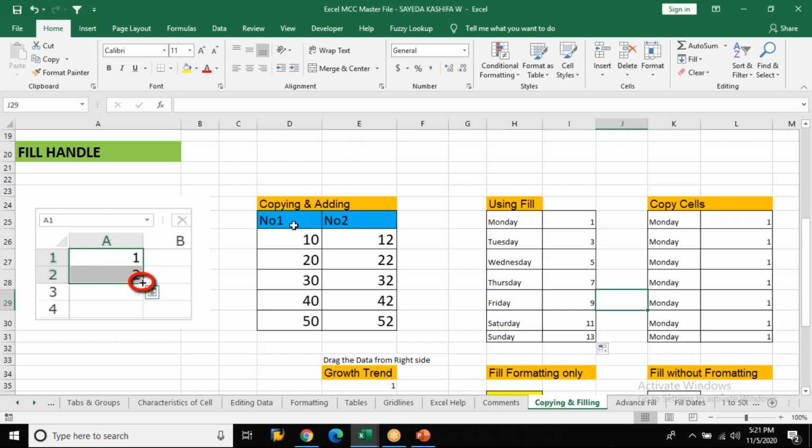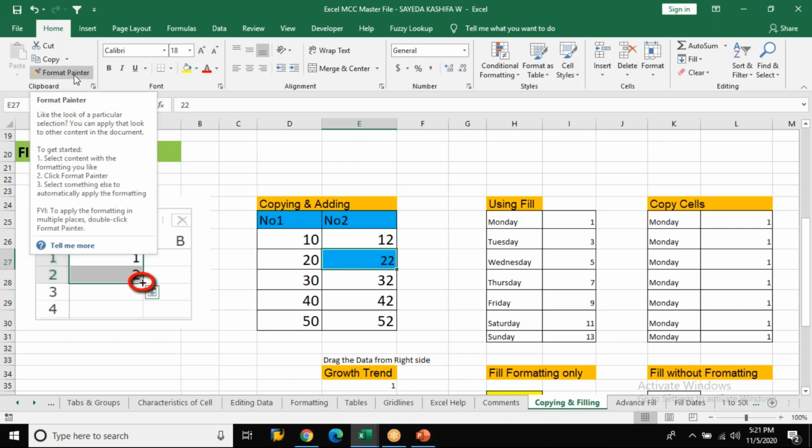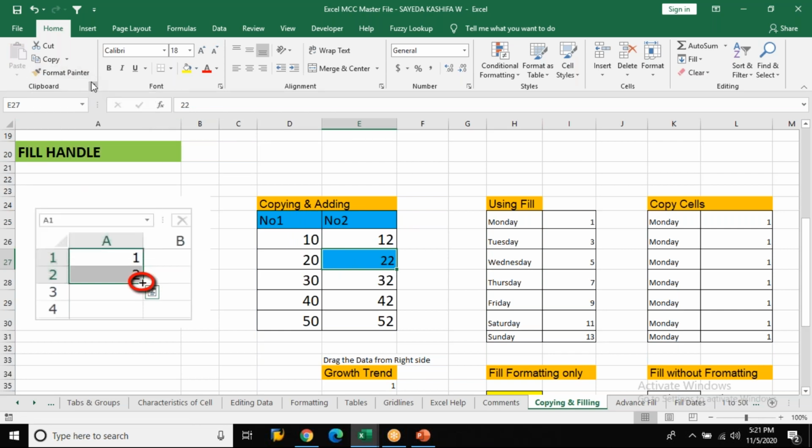And if I want to copy this cell and I want to make this cell also in the same format, you have a shortcut which is called Format Painter. I'll show you. I click on number 1, I click on Format Painter and I put it onto number 2. Now this also became the same color. Why? Because I clicked on Format Painter. Okay, so that's how they can ask you what you mean by Format Painter.